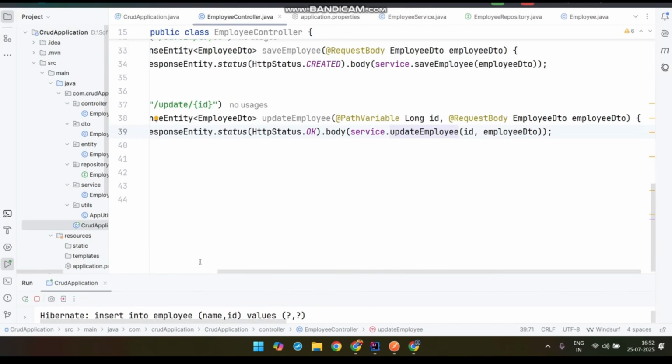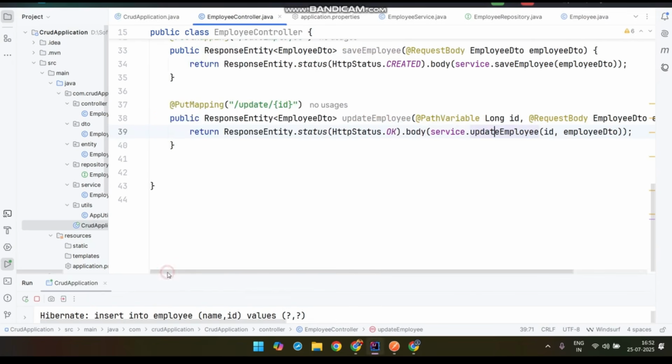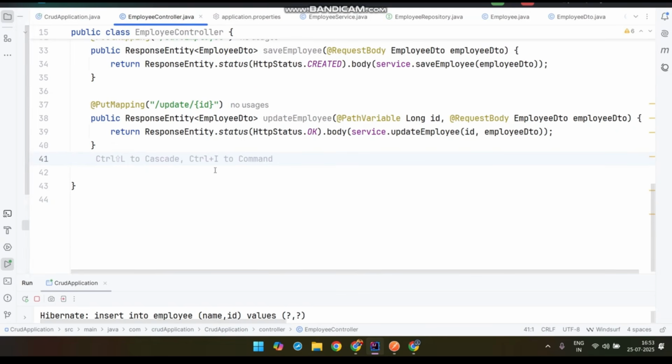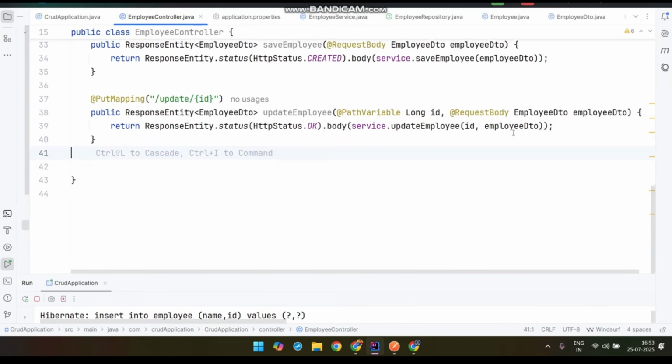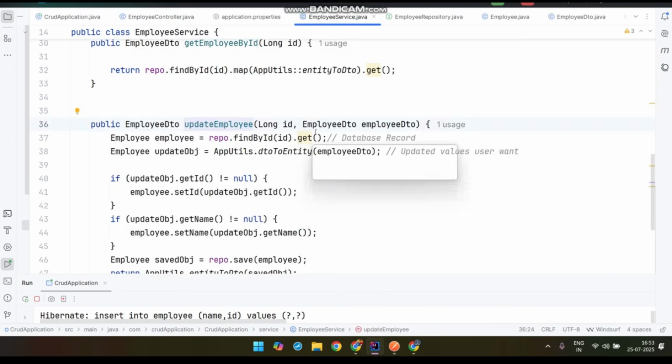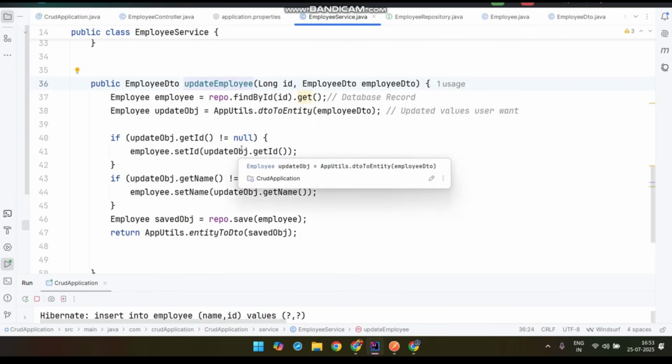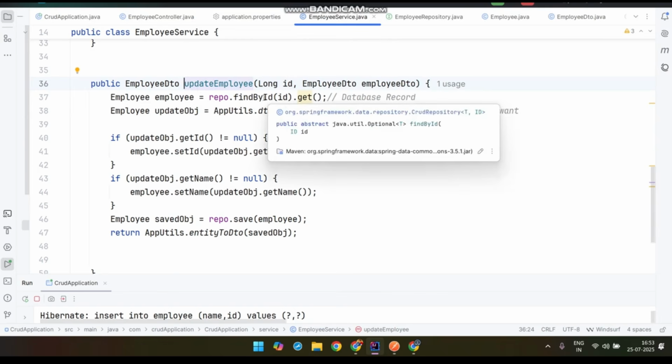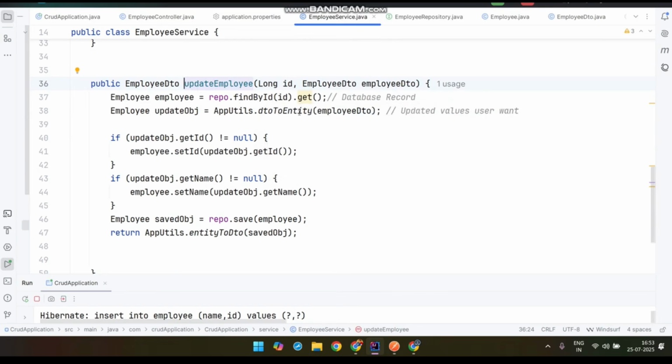Hello all. So in my last lecture I was covering the put mapping, how we can update a record inside the CRUD application of employee, and here basically we are passing the path variable, and we are passing this whole employee object of DTO type, as we are not aware of which employee values this user wants to update. So we are passing the whole object, and then one by one we are updating it in the old object. Means we are firstly fetching this database record using the findById method with this id,